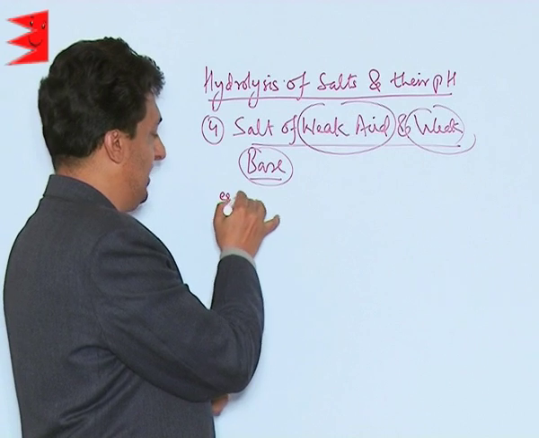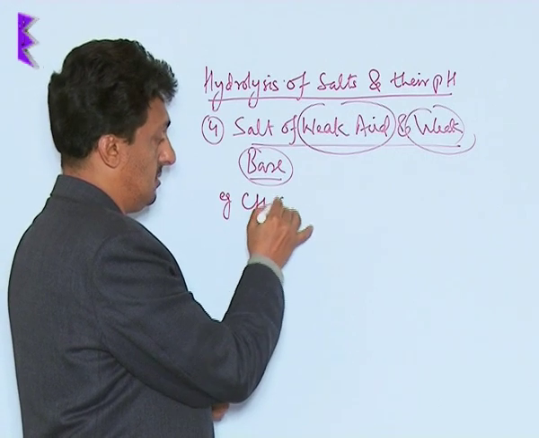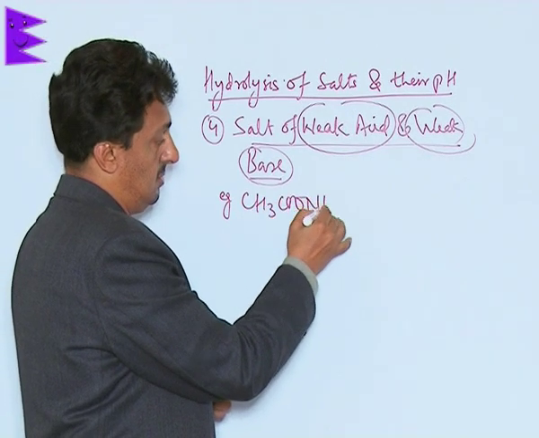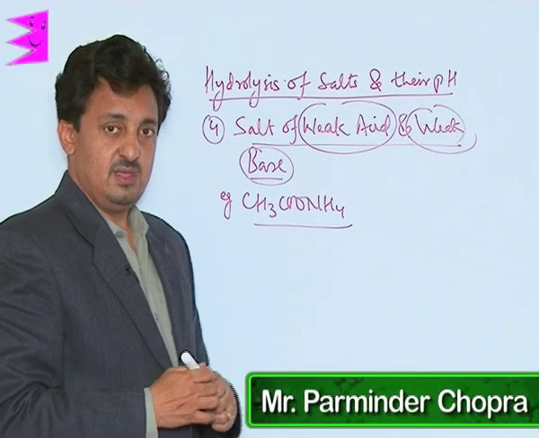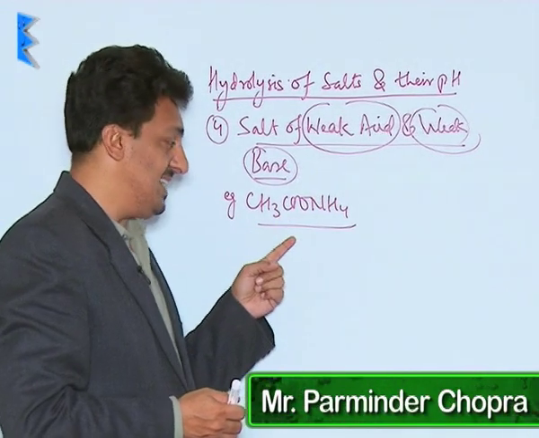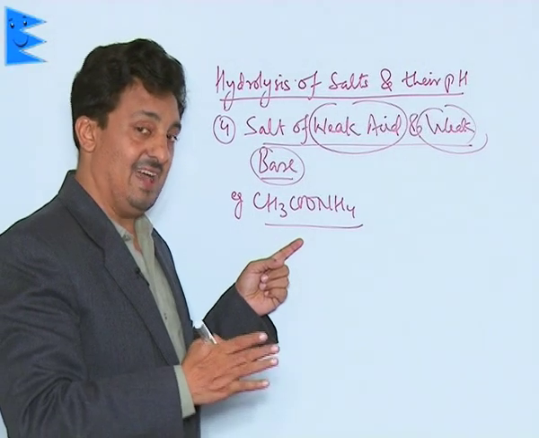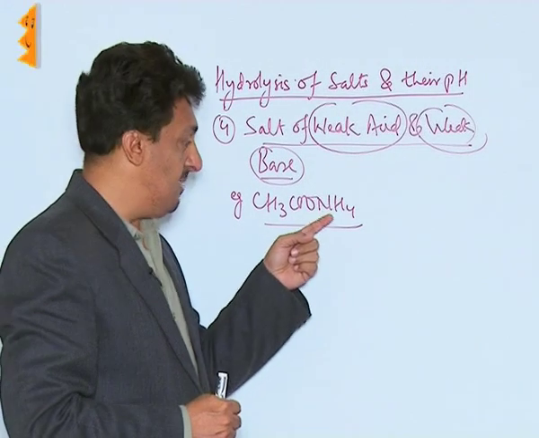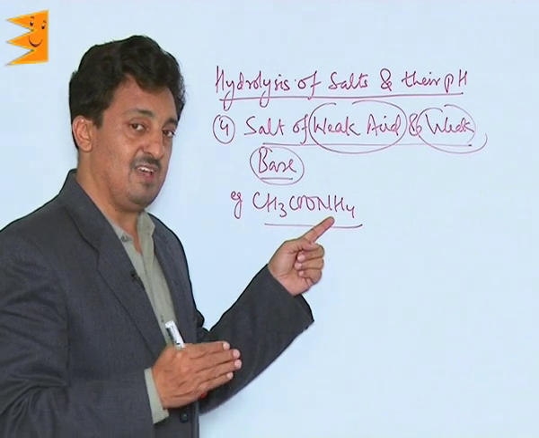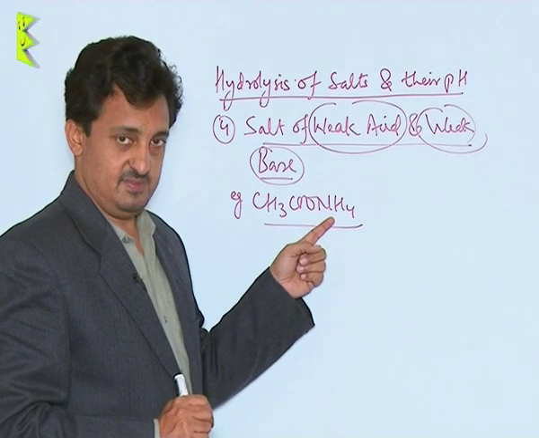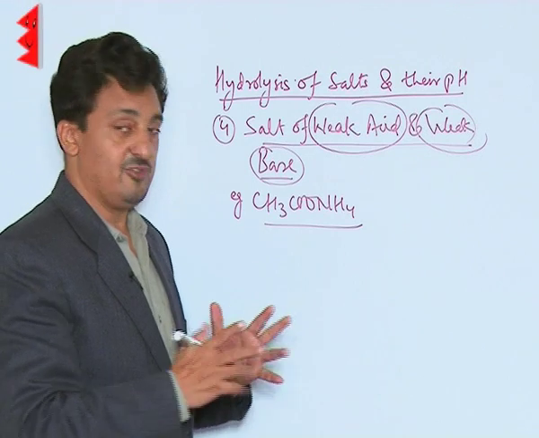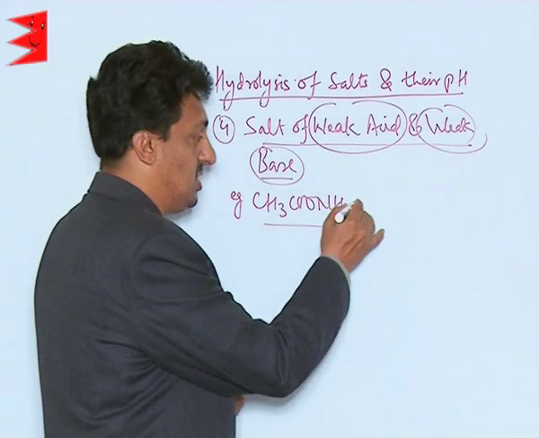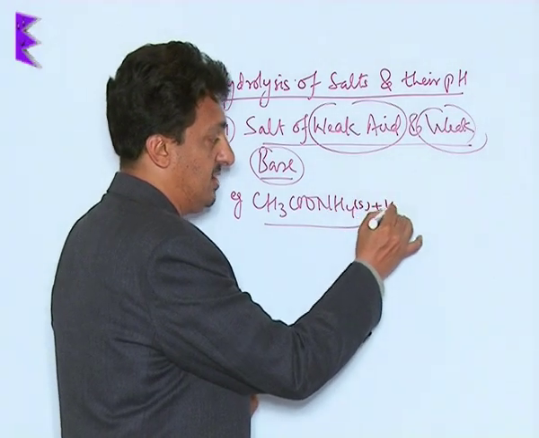The best example is ammonium acetate. In this, acetate ion is from the weak acid, acetic acid, and ammonium ion is from the weak base, ammonium hydroxide. But remember, the salt is a strong electrolyte. It will dissociate completely. So when this salt is added to water,